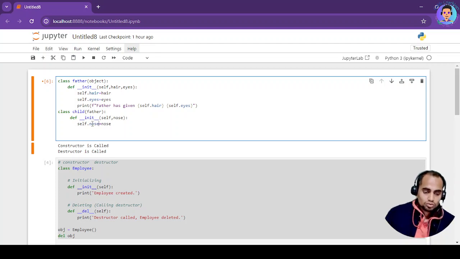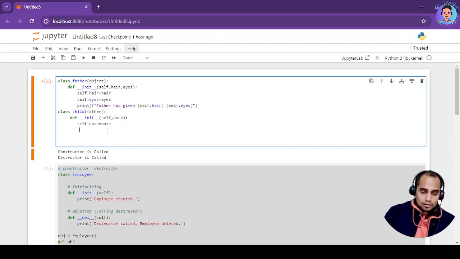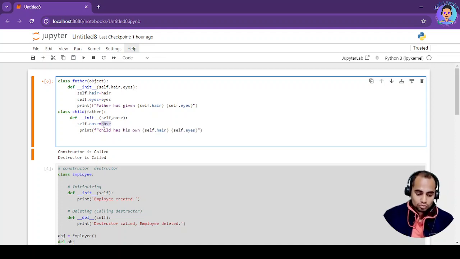This child has a nose of his own, and he is acquiring his father's properties, that is hair and eyes. So here I'll write "Child has his own" and put nose over here. I'll delete this part, I don't want this. Okay, so this is done.